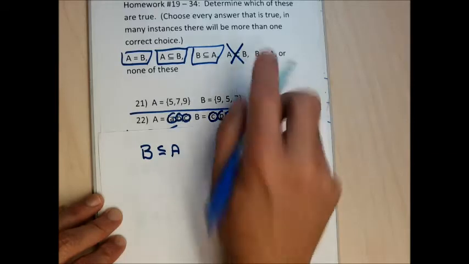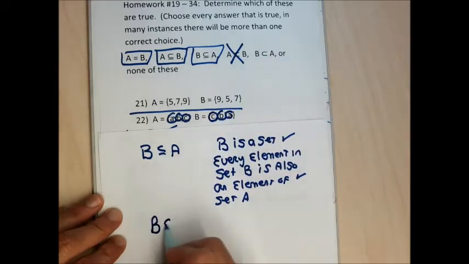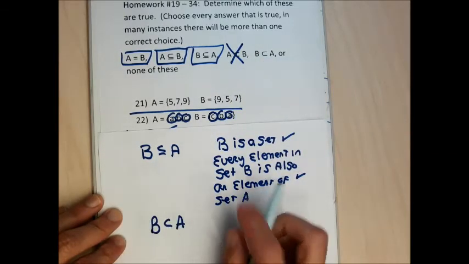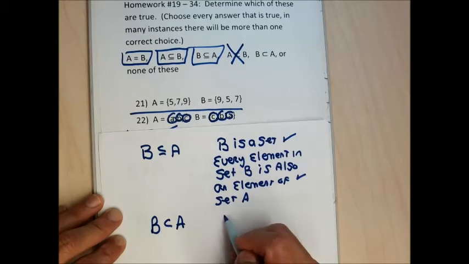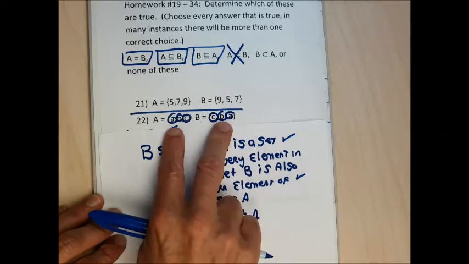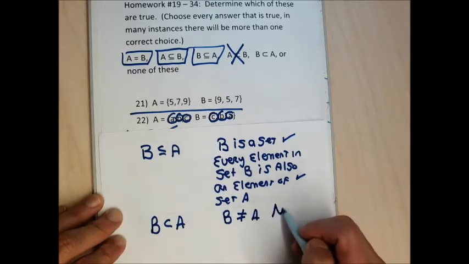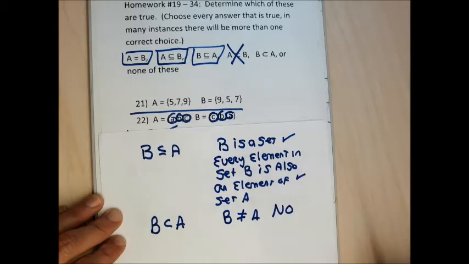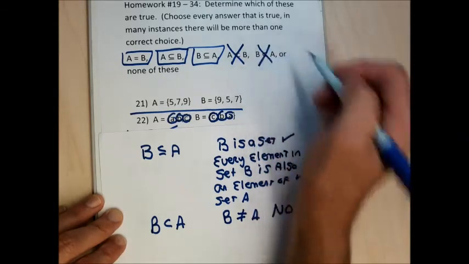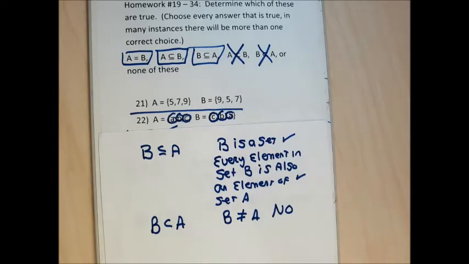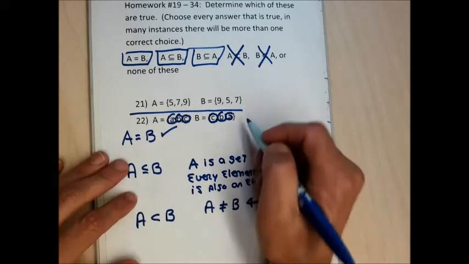The only one I haven't checked is B a proper subset of A, and the two rules for B being a subset of A need to be satisfied, along with B can't equal A, and B and A are equal, so this rule is violated for the proper subset. You need all three rules to be good. The third rule is violated when they're equal, so that symbol's not true. The three symbols that are true are going to go in my answer, and the answer to problem 22